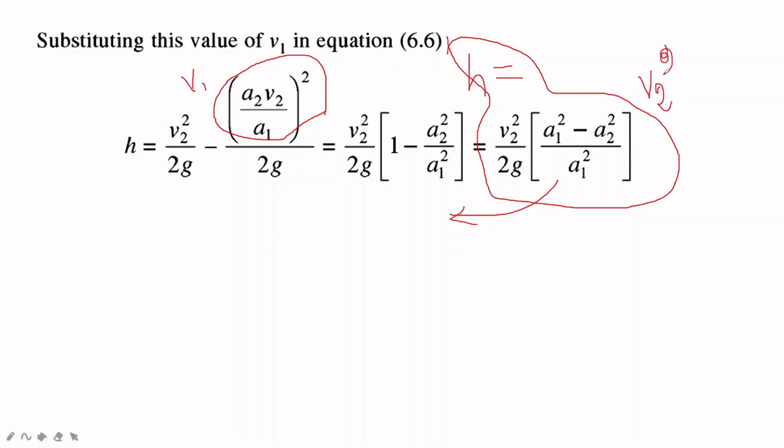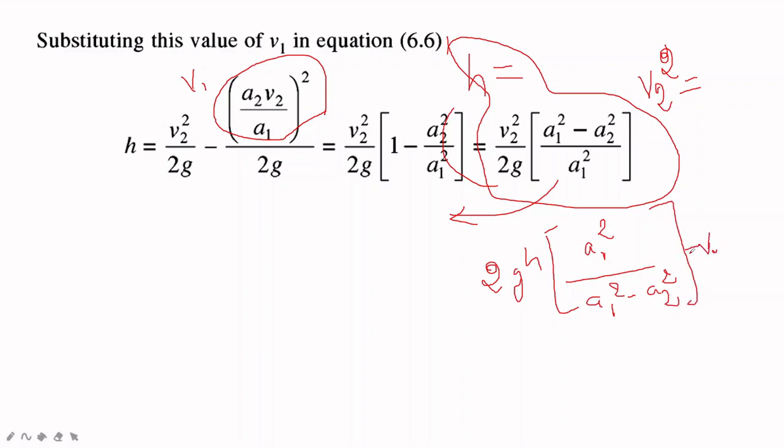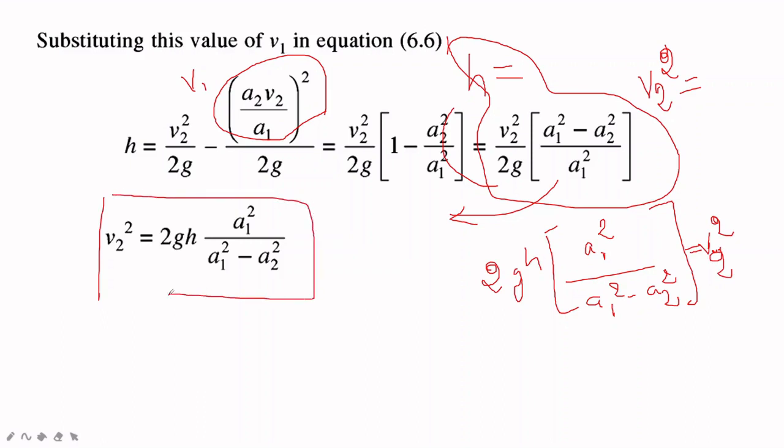So v2 square is equal to, I'll send all this to that side, that is 2gh into, this will be the reciprocal, right? So a1 square, it's just mathematics, the substitution, that's it. a1 square minus a2 square is equal to your v2 square. Now we'll get a term for v2, that is v2 square is equal to 2gh a1 square divided by a1